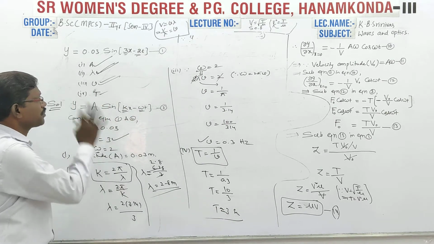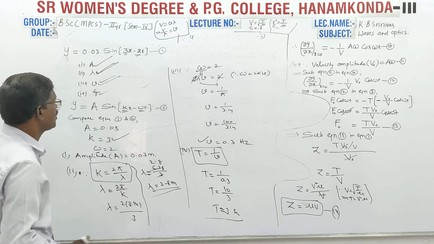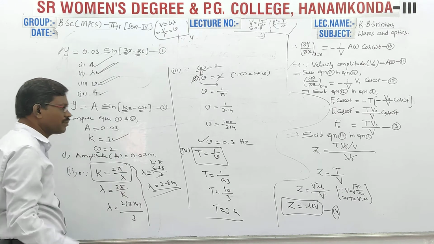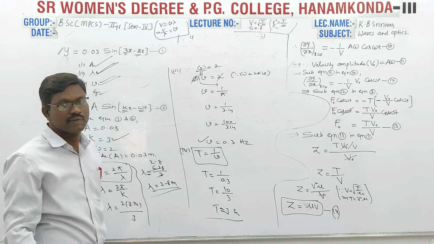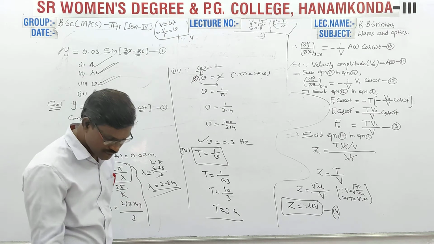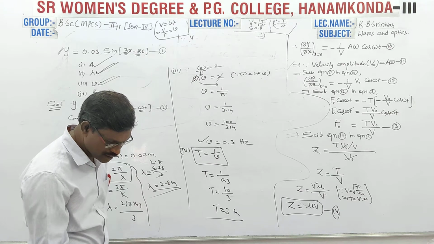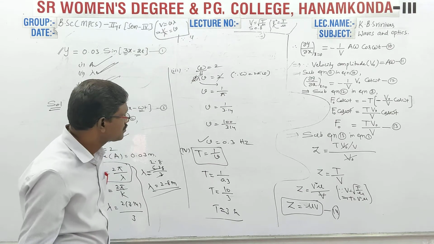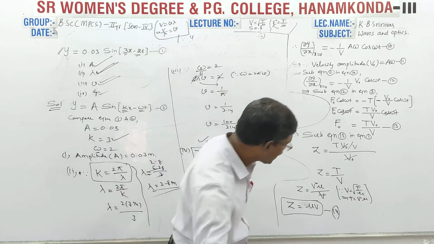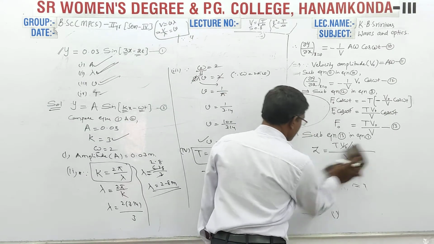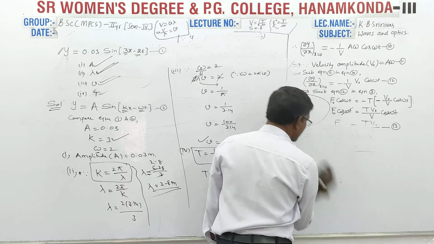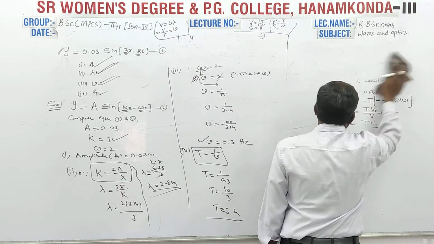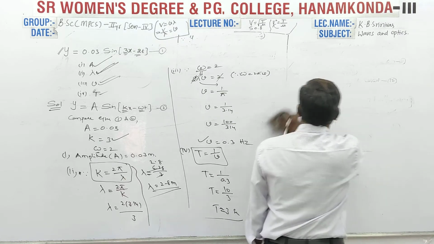So this is about the problem. Important problem. This type of problem they frequently give in the annual examination. Clear? Let us do one more problem based on the velocity of a transverse wave. The second problem is about the velocity of a transverse wave. Just listen carefully. Problems are very important from this first part. Definitely they will give one problem in the annual examination.